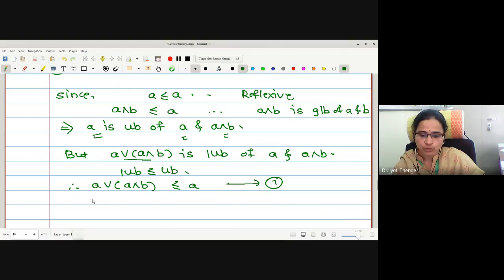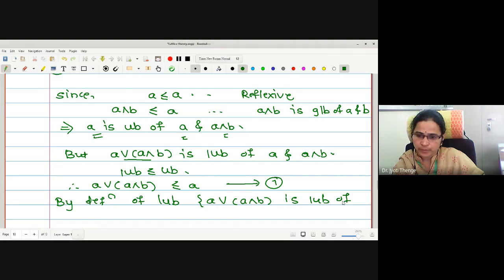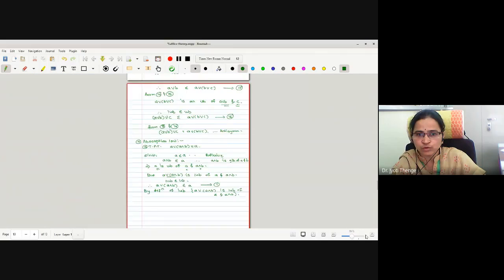Correct, no? But what is the definition of LUB? By definition of LUB, A join A meet B is the LUB of A and A meet B. Correct, no? If this is LUB,